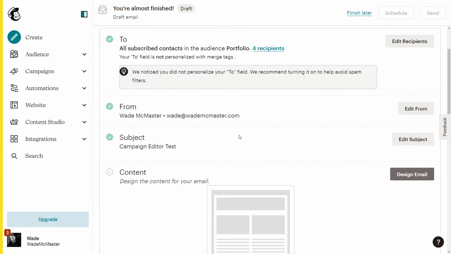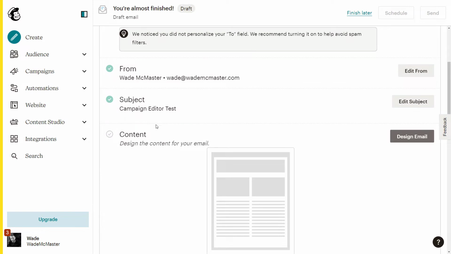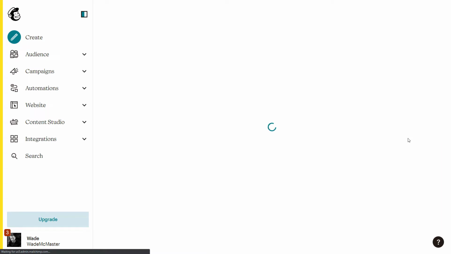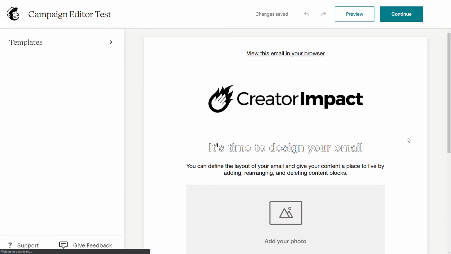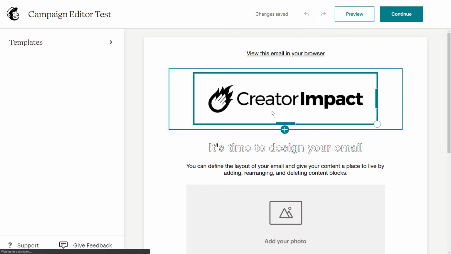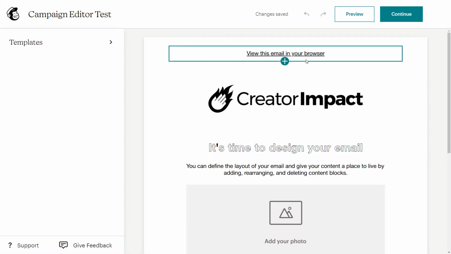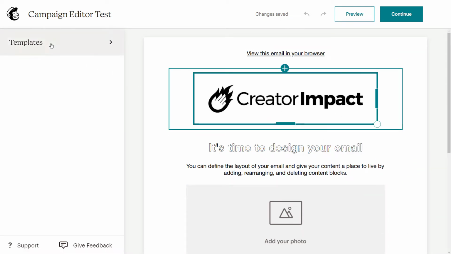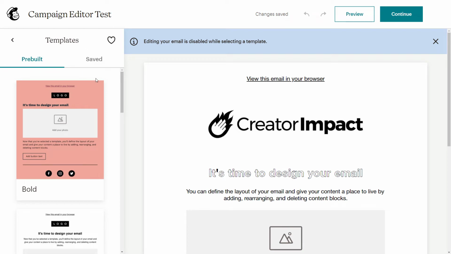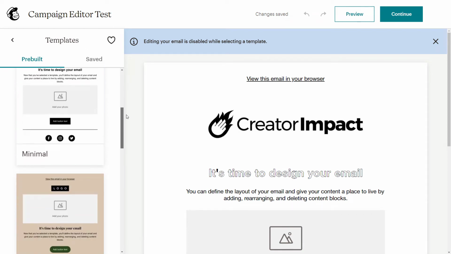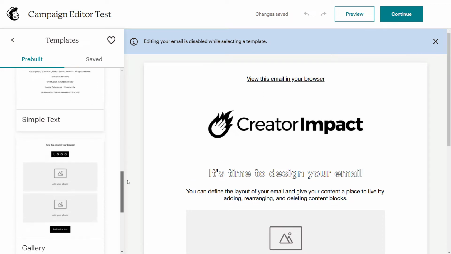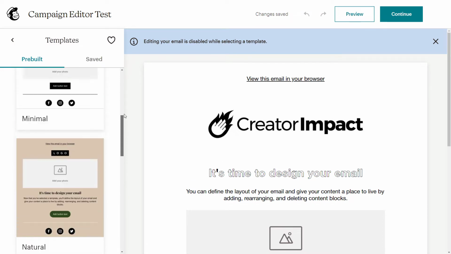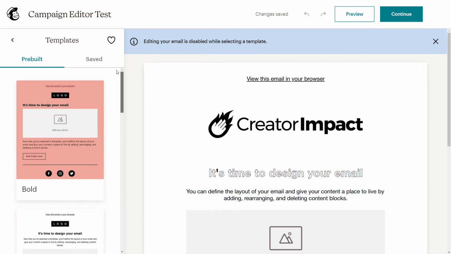Okay, so I've just popped some information in there so that we have some info in the editor to start with. I'm going to go ahead and click Design Email here to start working with the MailChimp editor. Now, you can see the first thing we get here, you can see our campaign on the right. It's just got some blank information in there with some stuff that's already existing. And we've got our templates. So before you touch on anything, you can go straight into the template Explorer and choose a template. You can actually get something that's already pre-designed or built for you pretty easily here, if you want to start that way. However, we're going to go back,